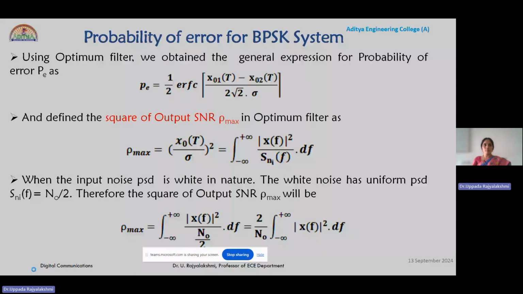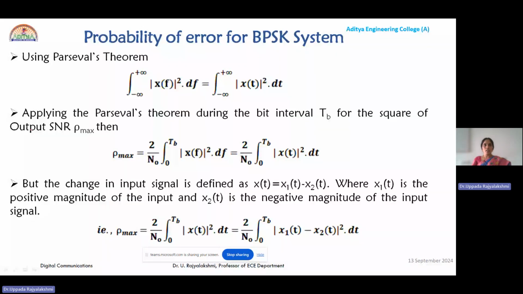But from Parseval's theorem, integral from minus infinity to plus infinity of |X(f)| square df can also be written as integral from minus infinity to plus infinity of x(t) square dt. Remember that Parseval's theorem states that integration of the square of a particular signal in frequency domain and time domain are equal. We are also considering the bit interval as TB. So you can write the square of output SNR, rho max, as 2 by N0 integral 0 to TB of |X(f)| square df, which can also be written as 2 by N0 integral 0 to TB of x(t) square dt,